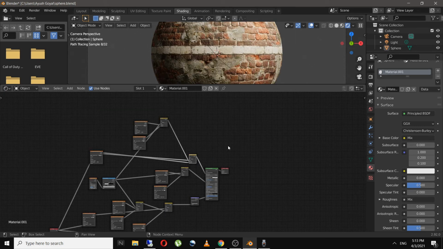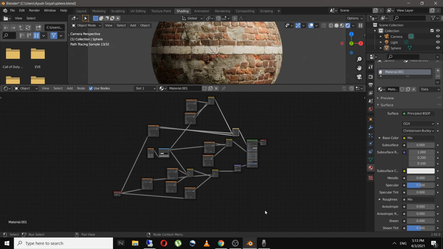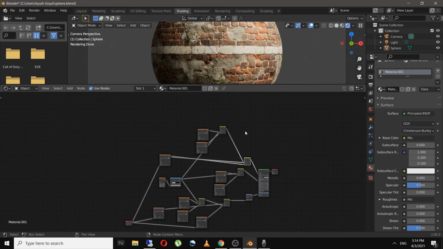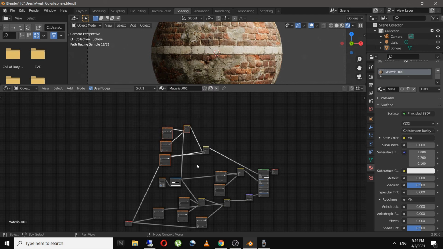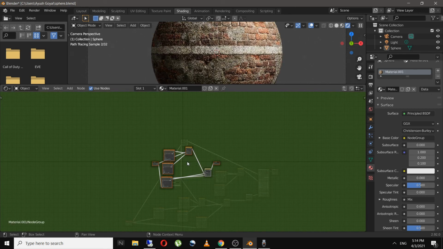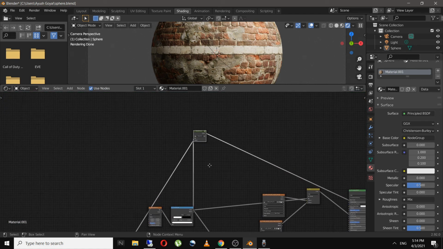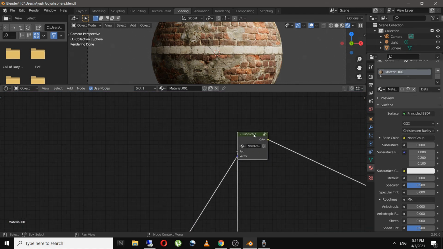And as you can see, we have a bit complicated node tree over here. So you can simplify this very easily. First of all, group the similar nodes. For example, I am selecting these 4 nodes, because these are for base color, and I will click Control G. What this will do is group the nodes that you have selected, and if you click on tab or click over here, this will be converted into a single node group, just like this.